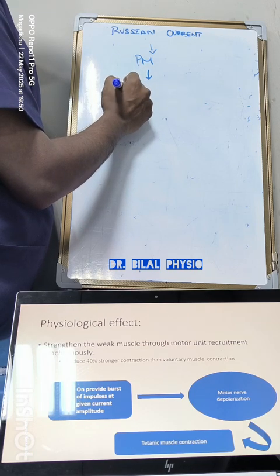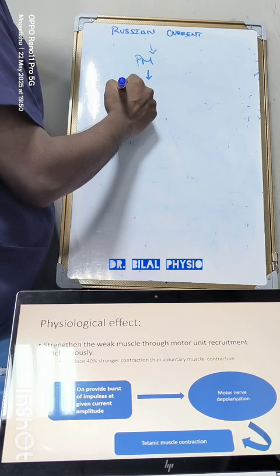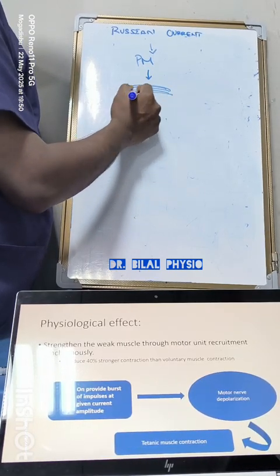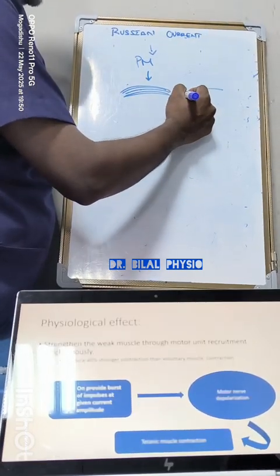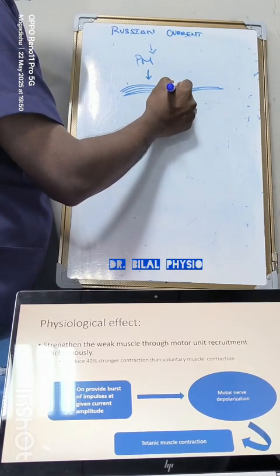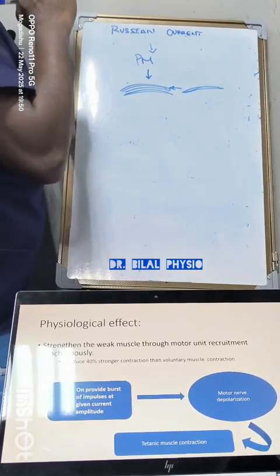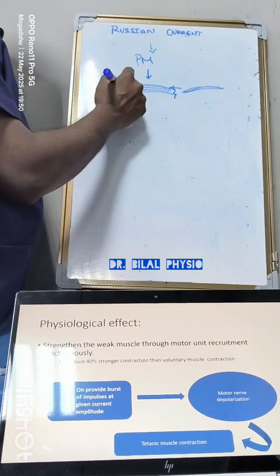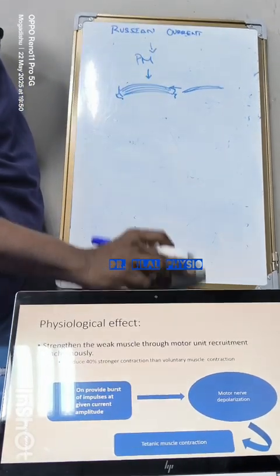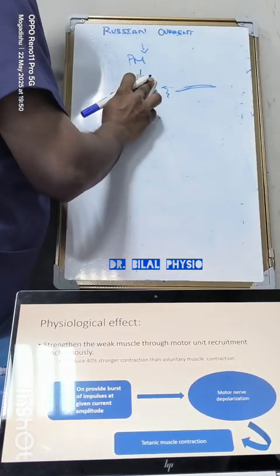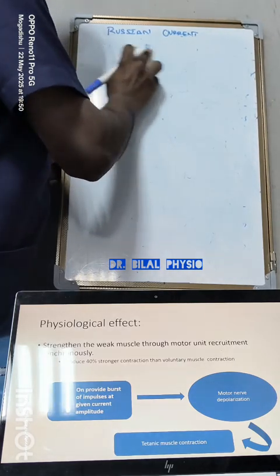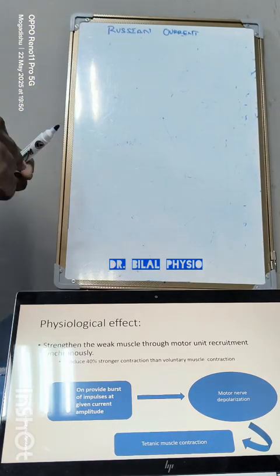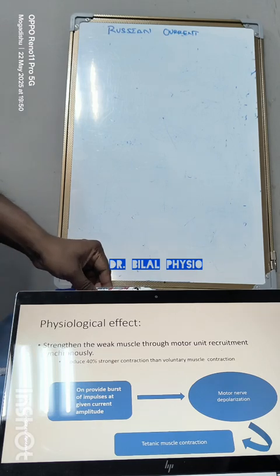Hence, we can achieve an increase in the number of fibers in a muscle from very weak to strong. So this is the physiological effect of the